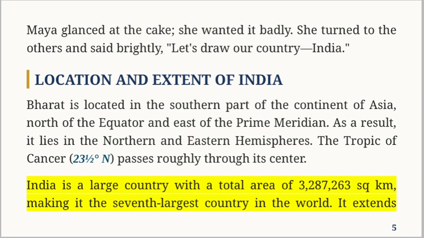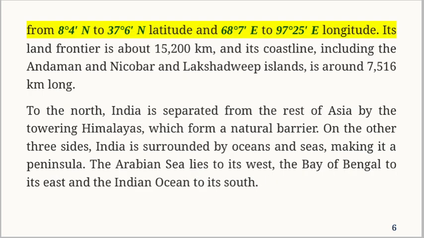India is a large country with a total area of 3,287,263 square kilometers, making it the 7th largest country in the world. It extends from 8 degrees 4 minutes N to 37 degrees 6 minutes N in latitude and 68 degrees 7 minutes E to 97 degrees 25 minutes E longitude. Its land frontier is about 15,200 kilometers, and its coastline, including the Andaman and Nicobar and Lakshadweep Islands, is around